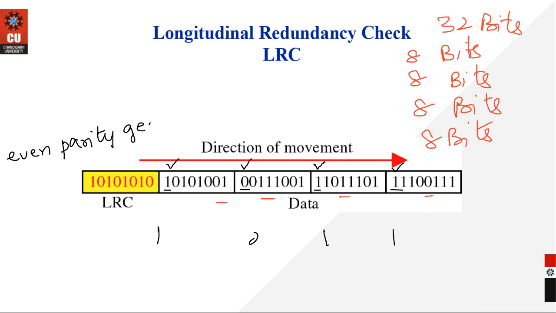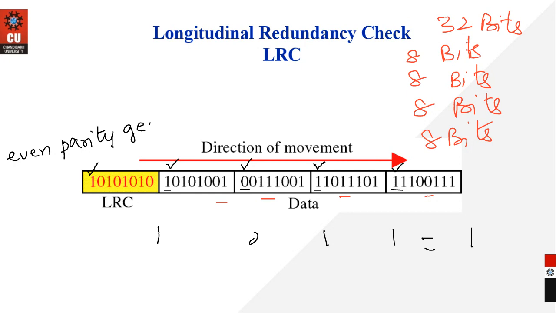So you will pick up the data. नहीं ऐड नहीं करना है, कुछ नहीं करना. अच्छा, okay. So it is 1 0 1 1. Fine. So if it is 1 0 1 1 and I am using even parity generator, so what will be the output for this? क्या बनेगा? इवन पैरिटी जनरेटर, तो इवन पैरिटी क्या बनेगी? क्या बनेगा इसका LRC? 1. So that 1 will be put up at the first place.